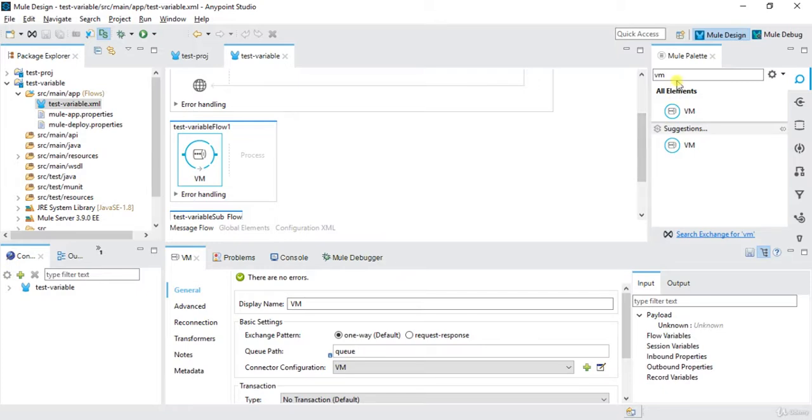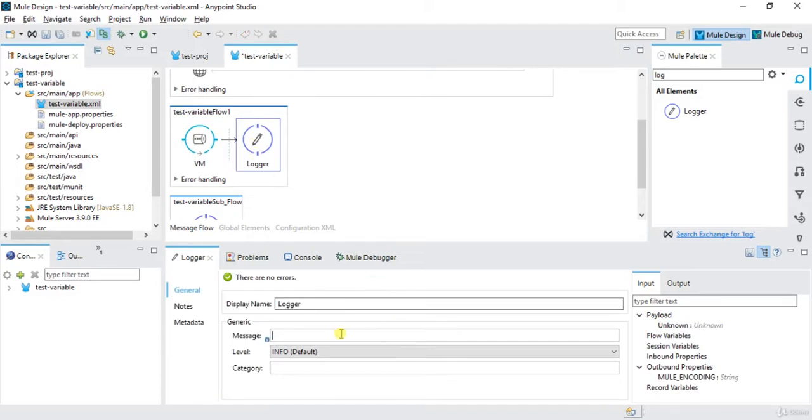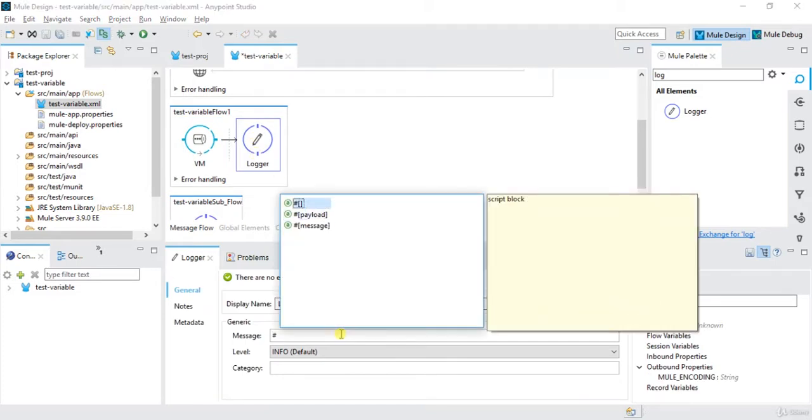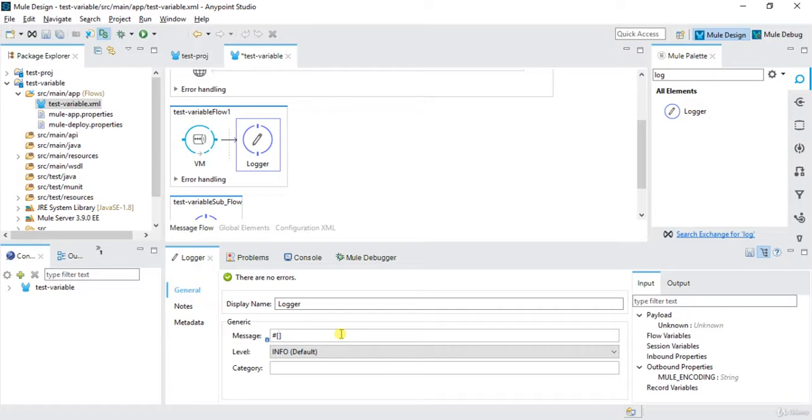If we want to access the session variable inside this, we won't be able to access the flow variable, but we will be able to access the session variable. Hash payload, if I want to access flowVars dot see,